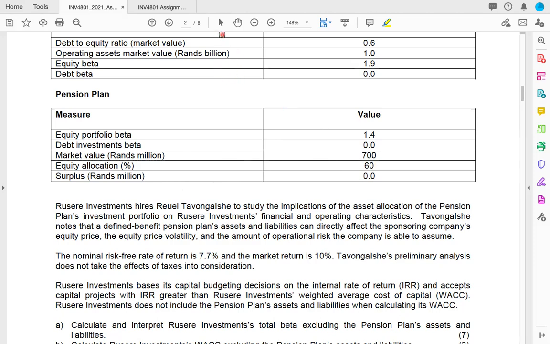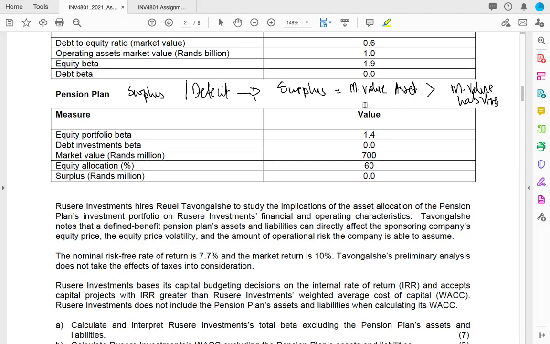Also important, with the pension plan, we have what we call a surplus or a deficit, right? So these are just important terms for you to know as an investment student. When we have a surplus, it means the market value of our assets is more than the market value of the liabilities associated with the pension fund. So what will happen with the pension fund? And then when we have a deficit,